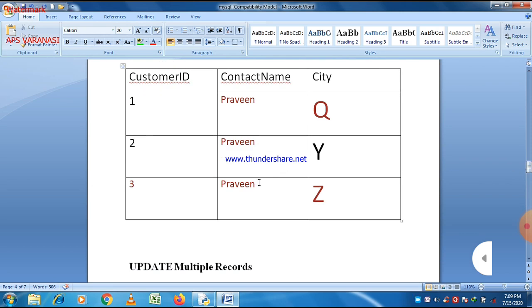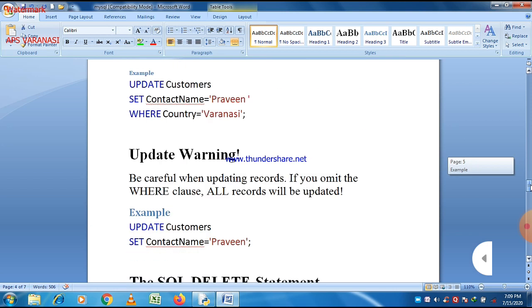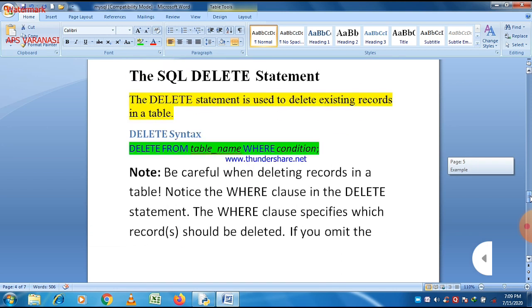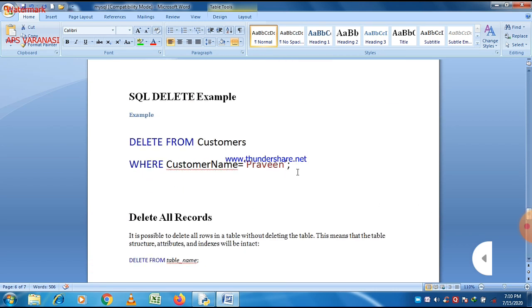You can see that. Now suppose this is a table, and after applying this command, you can easily guess what the output is.